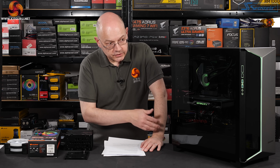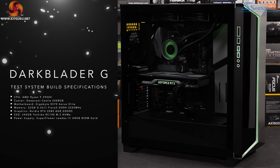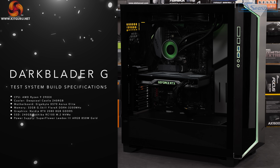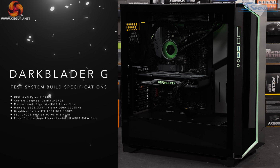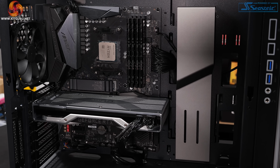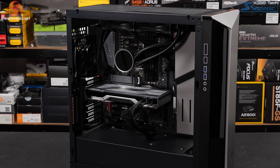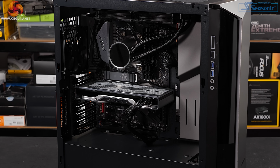With the test system, I've gone for an RGB theme because the case supports ARGB, and it is, to my mind, one of the key features of the DarkBlader-G. The hardware consists of an AMD Ryzen 9 3900X, so we're talking about a 12-core CPU. CPU cooler is a Deepcool Castle 240 RGB. Motherboard, Gigabyte